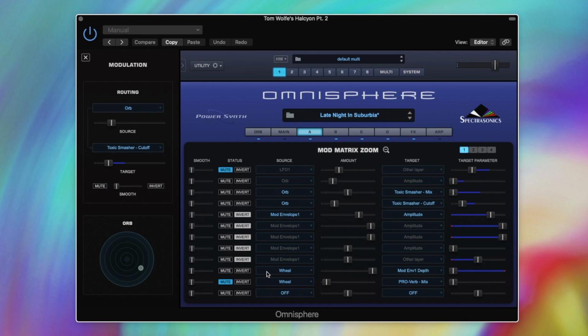So when the wheel is closed, we're not going to be hearing any of mod envelope 1. But as soon as we open the wheel, we're going to be getting that effect. Here we go, and you can see that happening there. So that's giving us this kind of tremolo effect, but it's got an actual rhythm that's been mapped out within